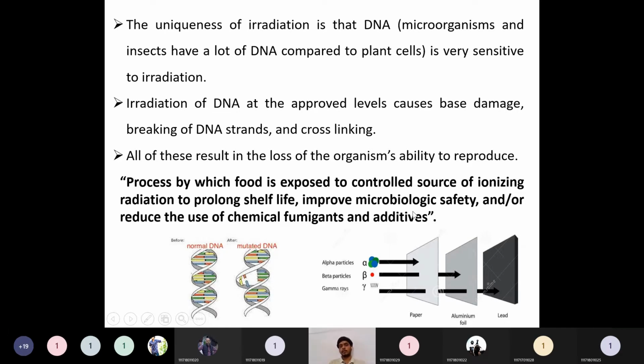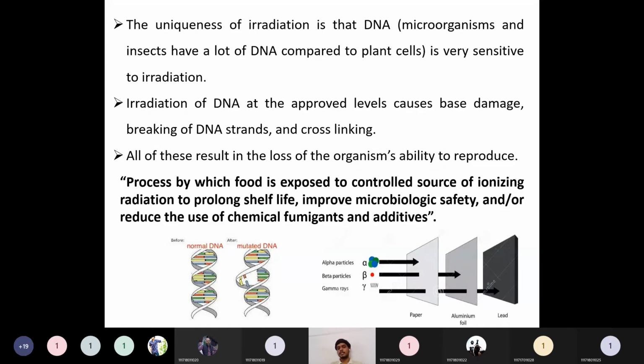Nowadays, if you see, many people due to the coronavirus are operating these tunnels, the fumigant tunnels, the spray tunnels. That is nothing but chemicals falling on us. Whether those chemicals are killing corona or not, they are having some adverse effect on our skin or our hair. Something they are creating, which we don't know. Only after seeing them for a long time can we say what adverse effect they show, but people are using that. So using this irradiation mechanism, we can lower the usage of chemical fumigants as well as additives.